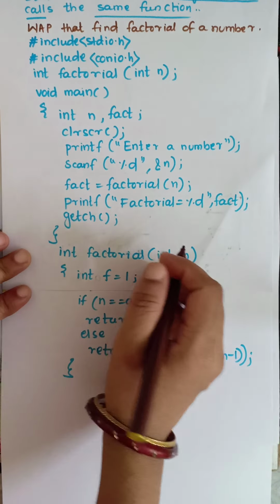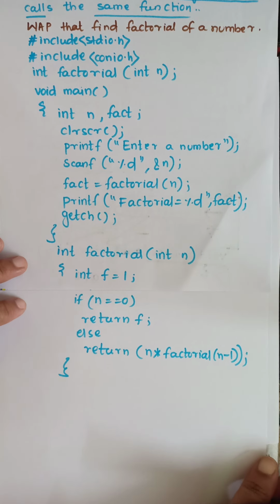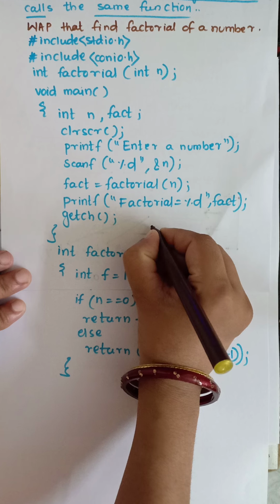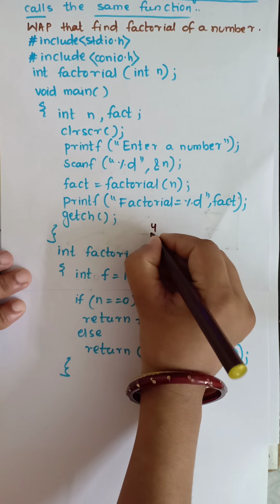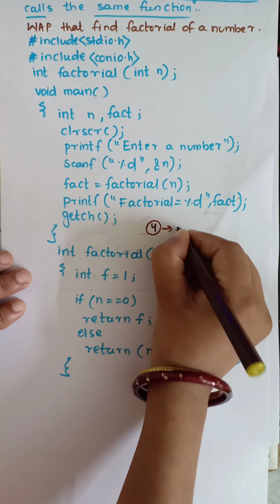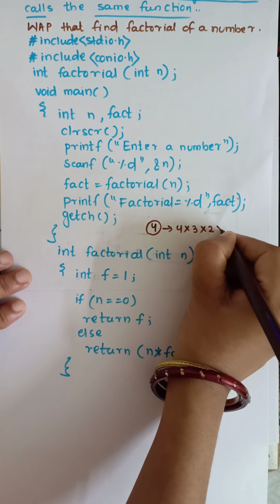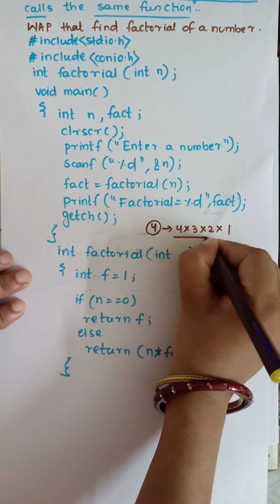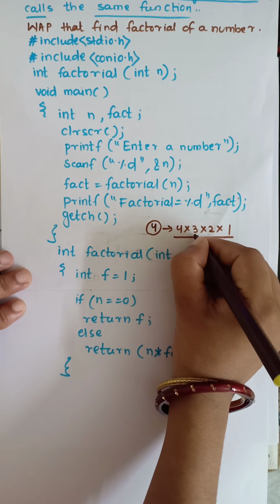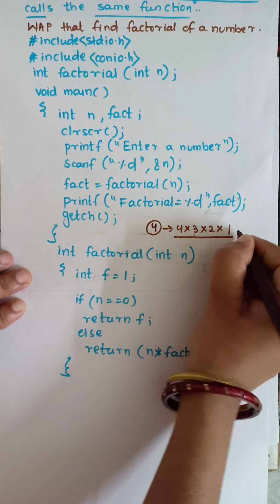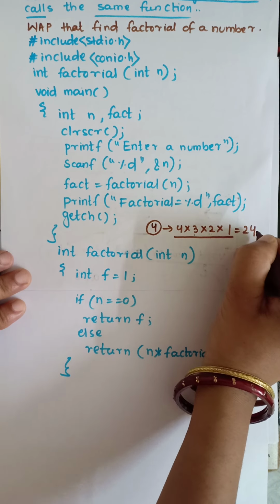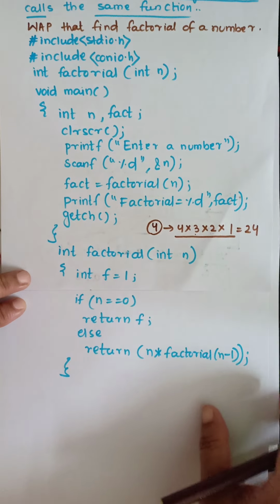So now look, we are finding the factorial of a number. Okay, so how do we calculate the factorial of a number? If I calculate the factorial of the number 4, then what is the operation? 4 multiplied by 3, multiplied by 2, multiplied by 1. Okay, we are counting 4, then 4 minus 1 is 3, 3 minus 1 is 2, then 2 minus 1. Okay, this is 24. This is the actual output of this program, 24.